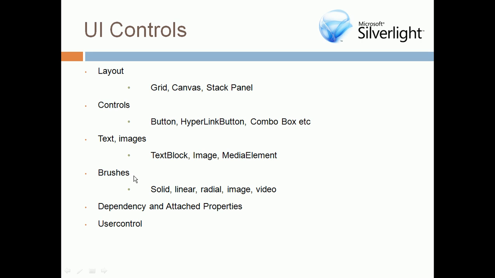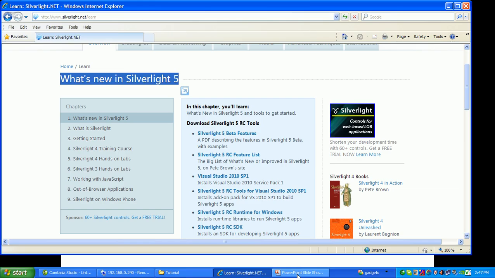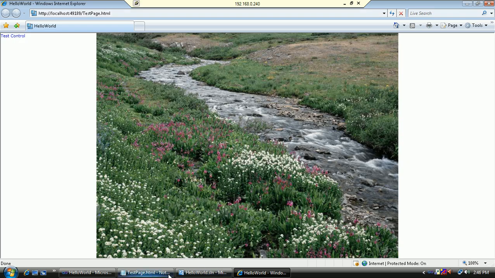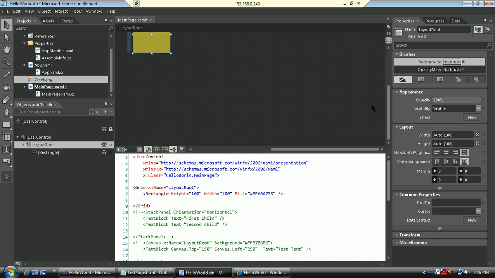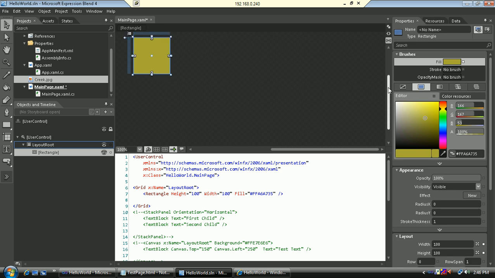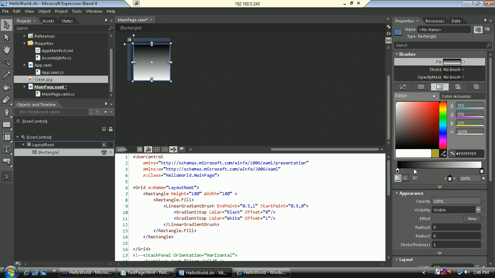And brushes, I have explained to you about solid color brush. You can create linear or radial color. You see here, it's a no brush, a solid color brush, a gradient brush, a tile. For example, I have the rectangle. It's a plain solid color. I wish to apply a radial color. Yeah, you see now